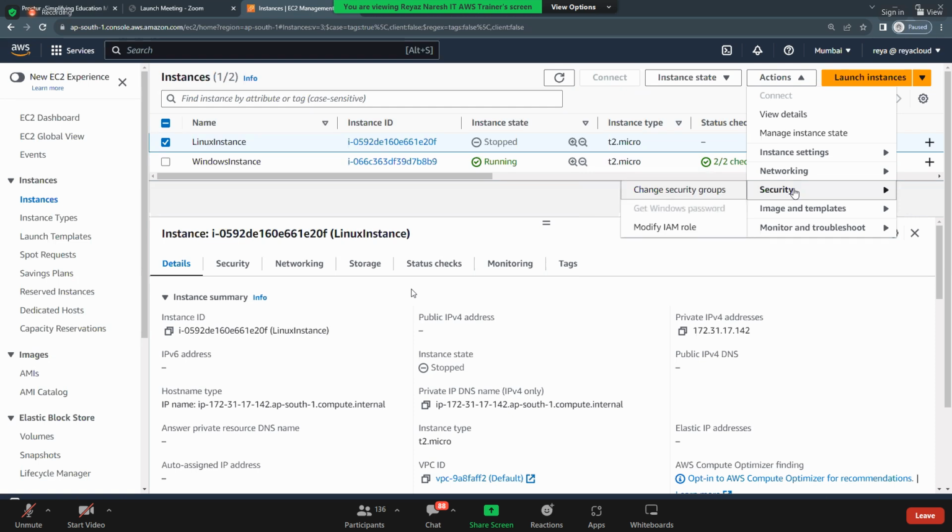Okay, coming to security. Guys, which is the security group that we have selected? Default security group. Did you change the default security group to a new security group? No. But do we have any new security groups created? No. So in real time, we learned that for one EC2 instance, we can have multiple security groups attached. But how many security groups do we have at the moment? Only one.